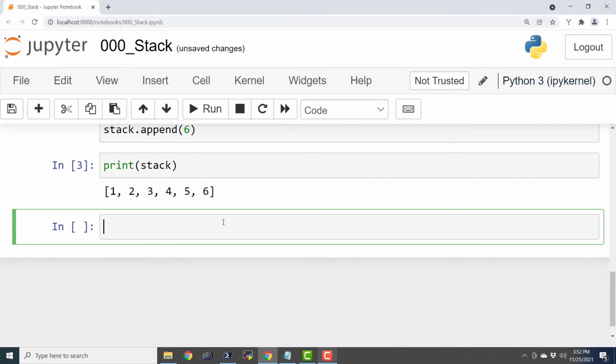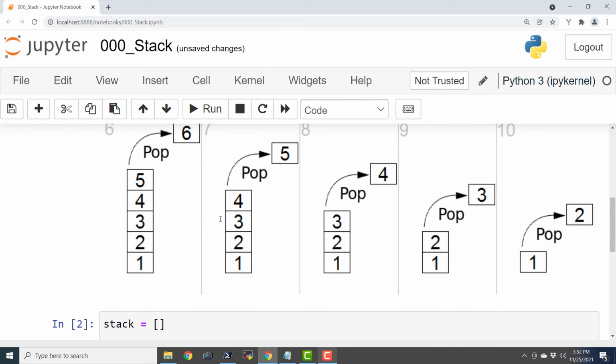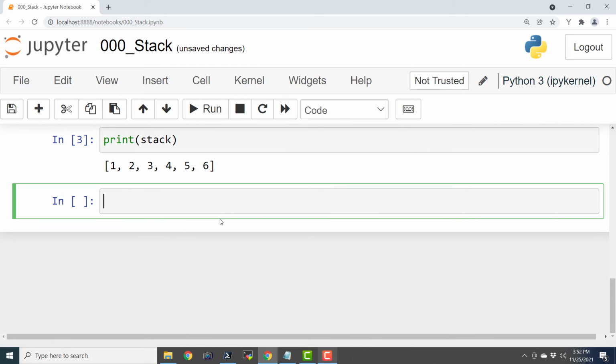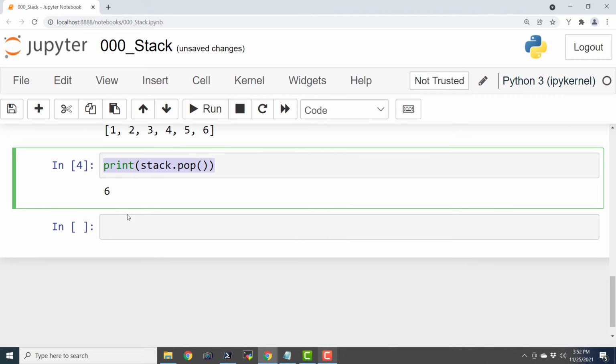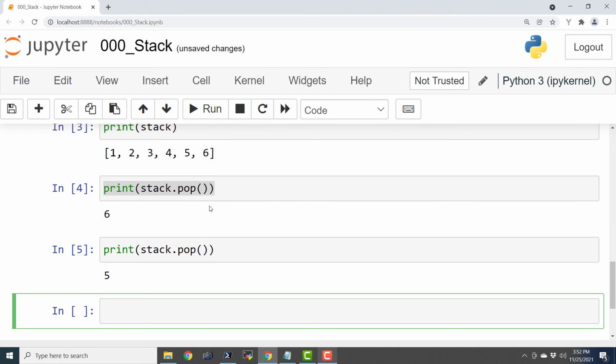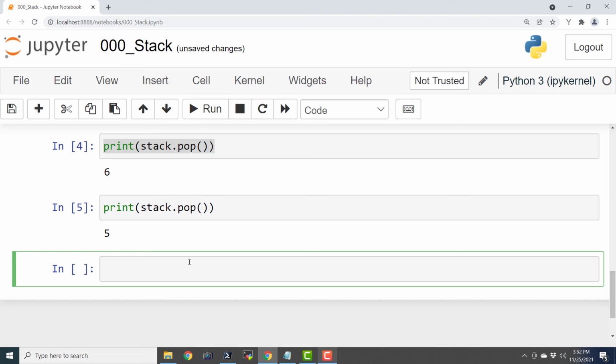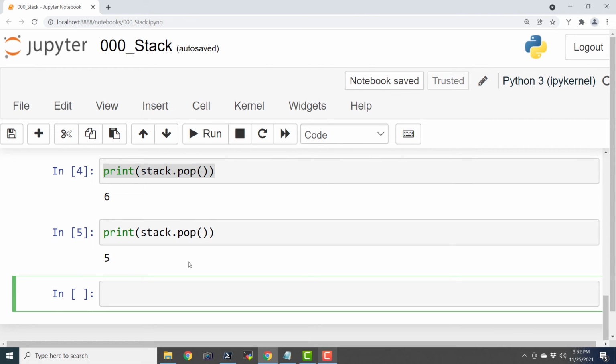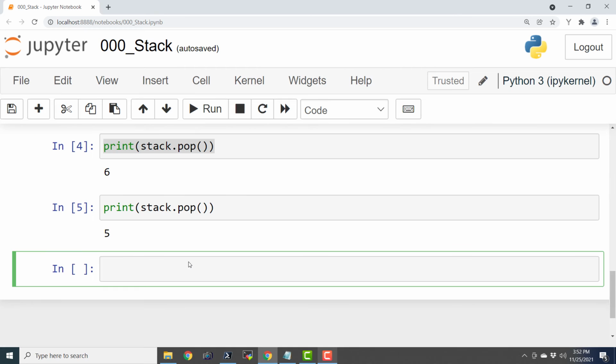Now I can even pop items from the stack. Pop is going to return the topmost item of the stack. So I can just go ahead and say print stack.pop, and if I execute this, it will start popping items from the stack. I can re-execute the same cells, but we will not know in the end how many times we have executed the pop operation. So whenever you download this notebook, you should be clear about what operations we have executed and how many times we have executed them.